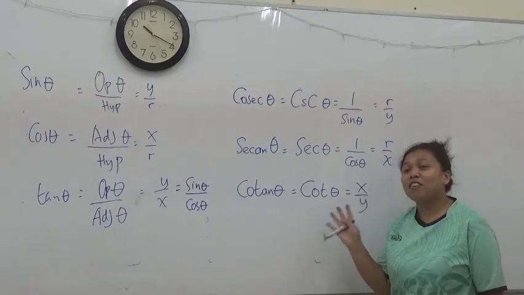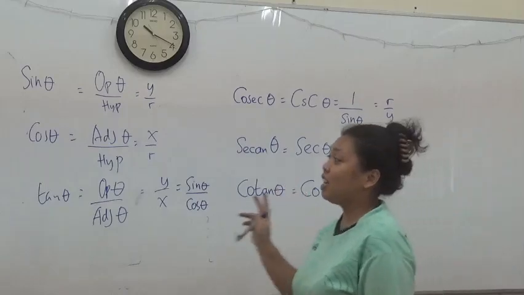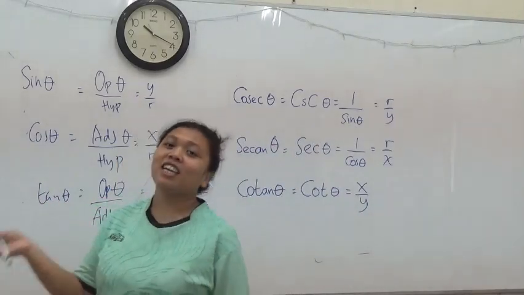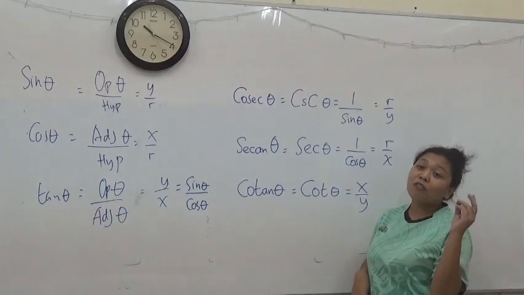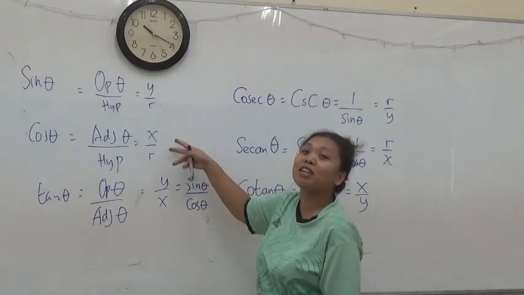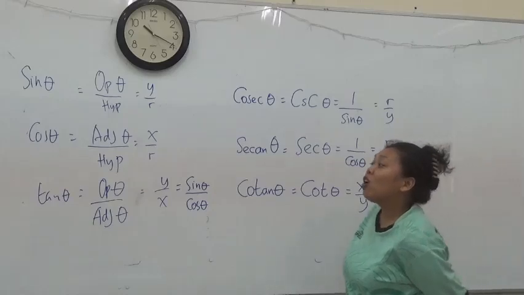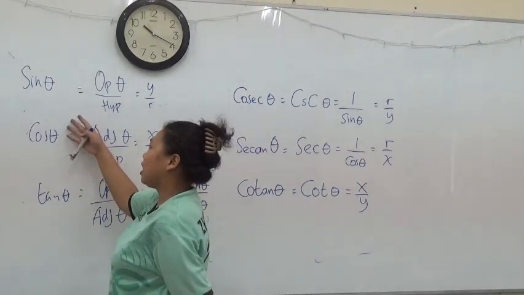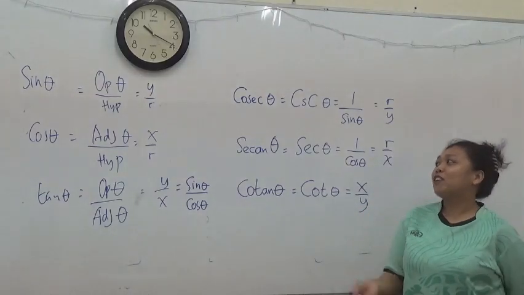So based on the definition of trigonometry, it's just the ratio between two sides in one right angle triangle. As you can see, you have how many sides? 3 sides. So if you take 2 sides of the 3 sides, you'll have 6 combinations of ratio. Okay, 6 combinations. You will have 6 combinations of ratio.